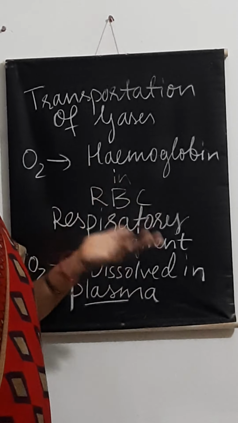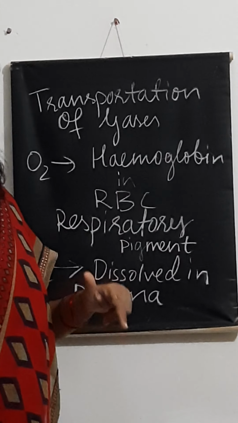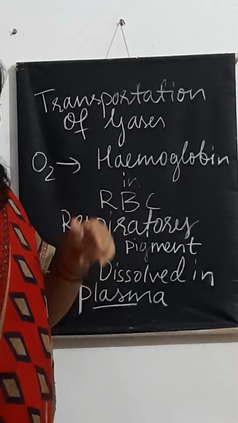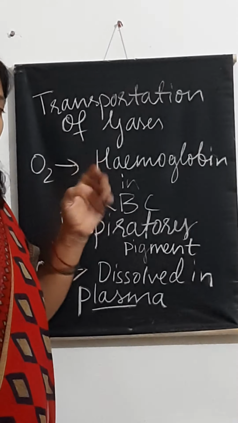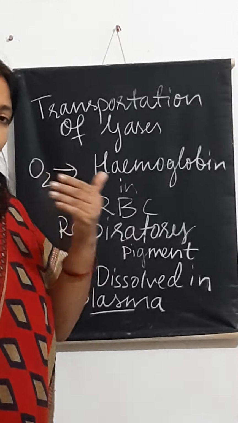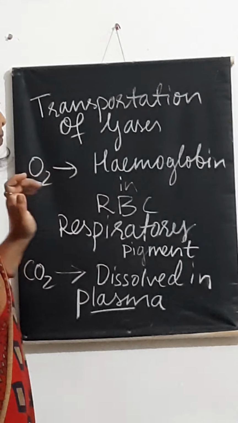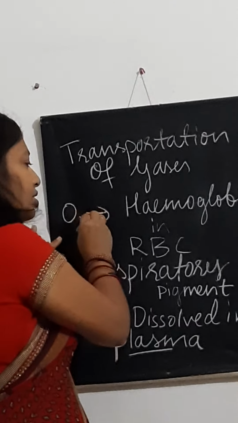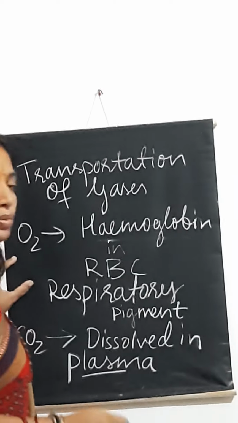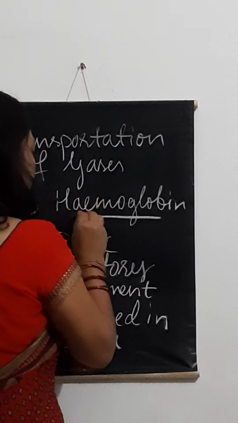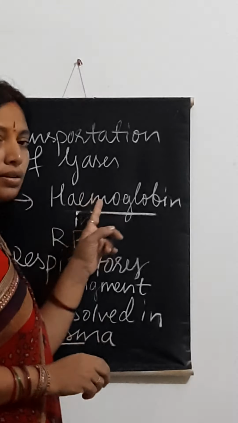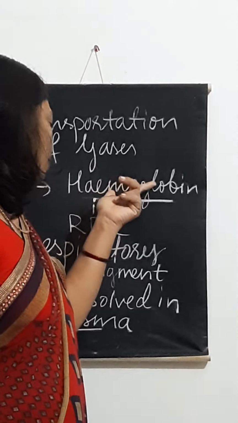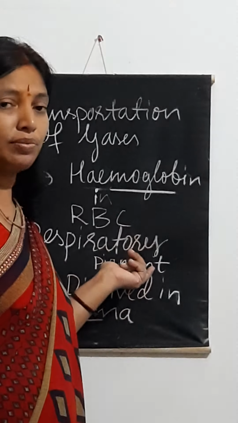When exchange of gases occurs in lungs, and we have seen how from the alveoli the oxygen enters into the blood, from that blood capillary present in the lungs, how is oxygen transported and how is carbon dioxide brought inside the lungs? For this transportation of gases, a certain mechanism is there. For example, oxygen is transported with the help of a special pigment known as hemoglobin. You are aware that this hemoglobin is a red color pigment found in the red blood cells, RBC, and this hemoglobin is hence known as respiratory pigment.